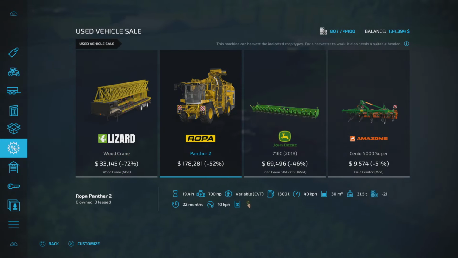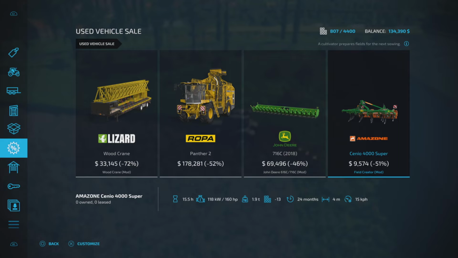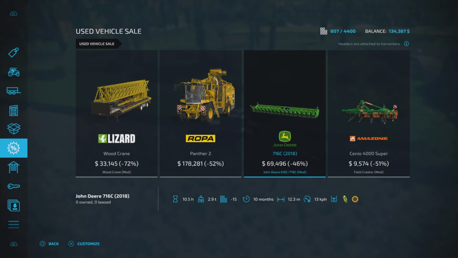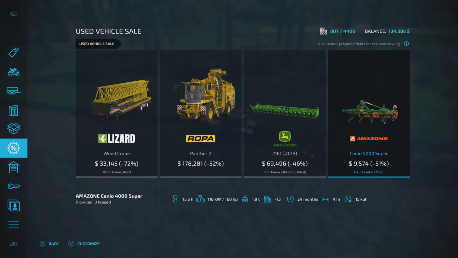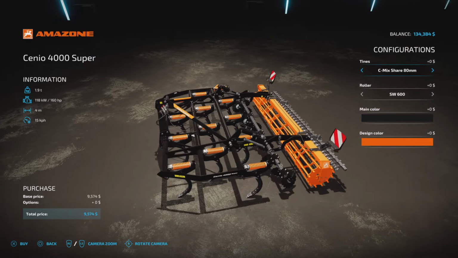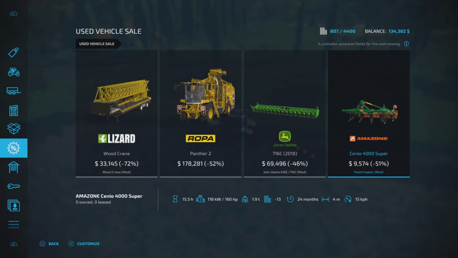So what have we got currently? We've got a wood crane, the Roper Panther 2 John Deere modified header, so it's for sunflower and corn. We've got an Amazon Field Creator cultivator. Looks like, oh yeah, it is a cultivator, but it's got the Field Creator mod, so it'll be able to create fields. 160 horsepower. Look, I could probably buy that, but I think I'm just gonna wait. I'm gonna bide my time,